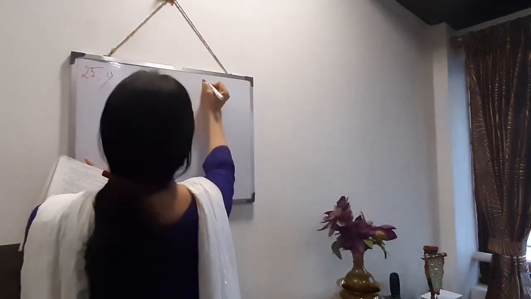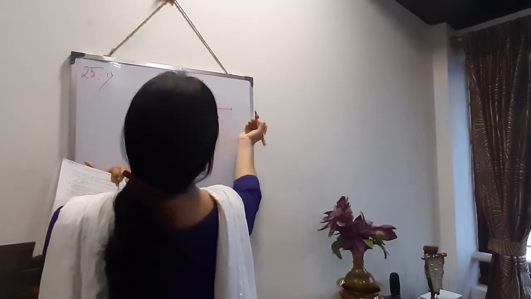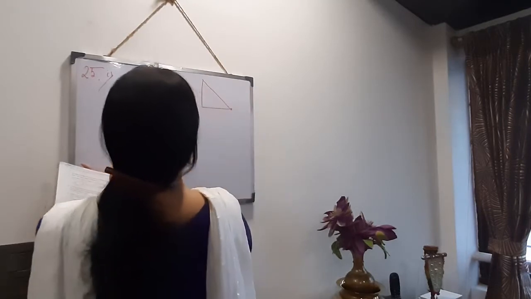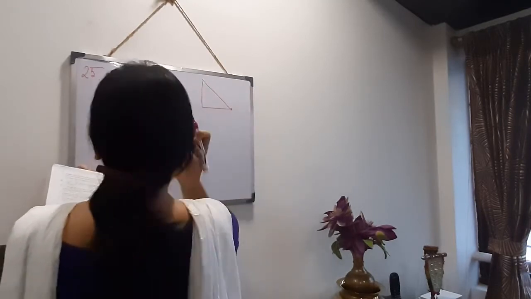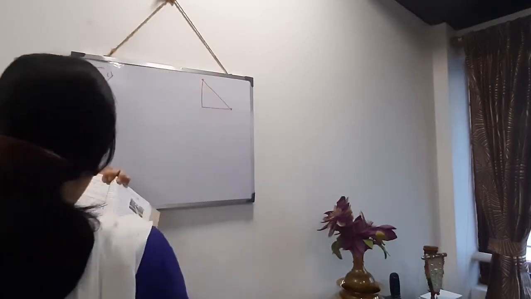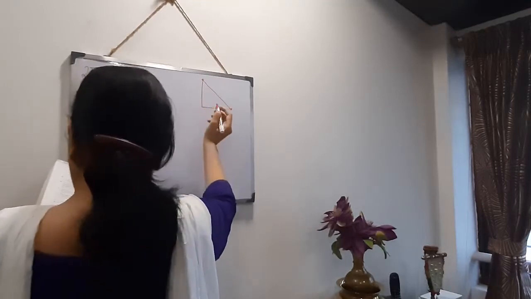If the angle of elevation of a kite is 60 degree and the length of the thread is 20 root 3 meter, then calculate the height of the kite above the ground. Here, someone is standing here and flying a kite. Then this is the length of the thread. Clear? And this is the position of the kite. Calculate the height of the kite from the ground.